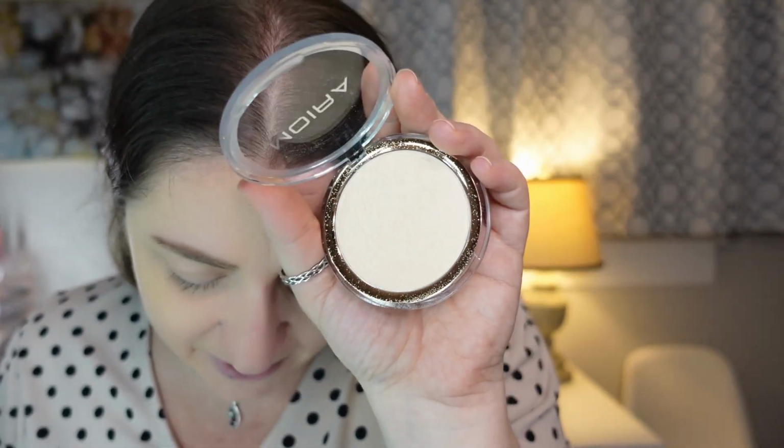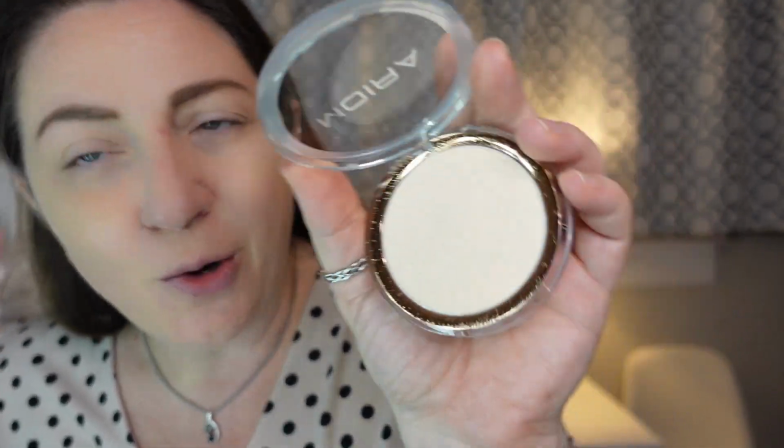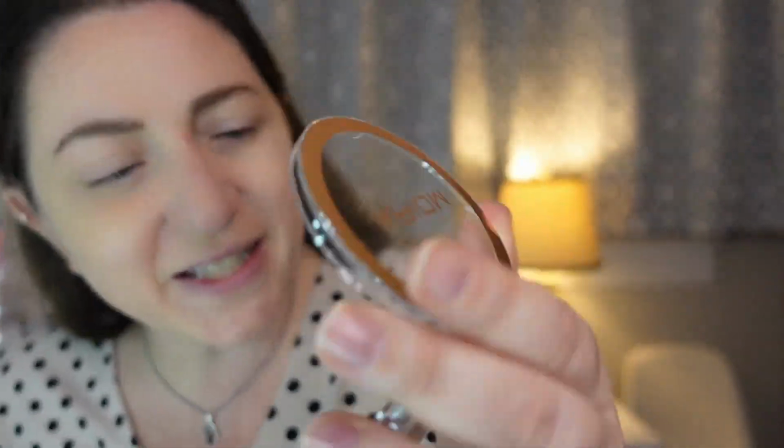So I don't buy that it's super waterproof in the way that it says it is. It definitely penetrated the powder. On the pictures, they show beads of water just sitting on top of the powder. Yeah, I'm not getting that. Let's spray it on my face and see. Okay, I can definitely tell the setting spray was sitting on top of the powder. I do think the waterproofness of this is quite functional,